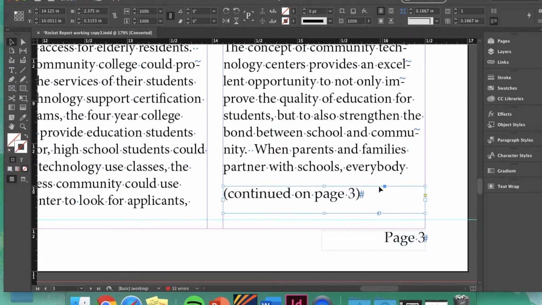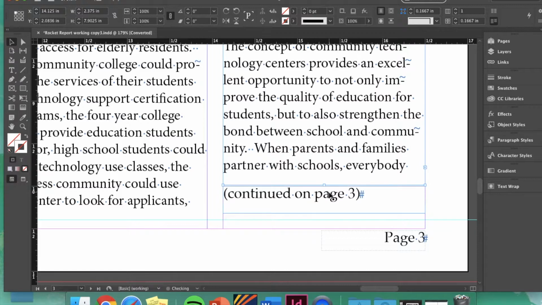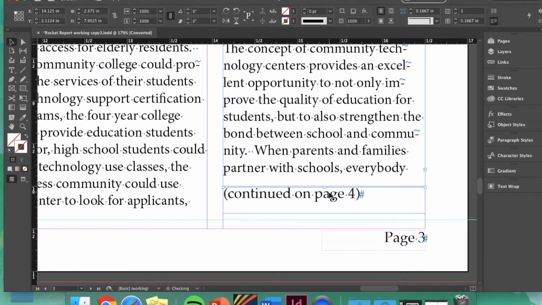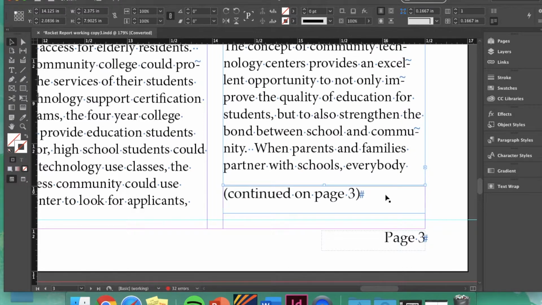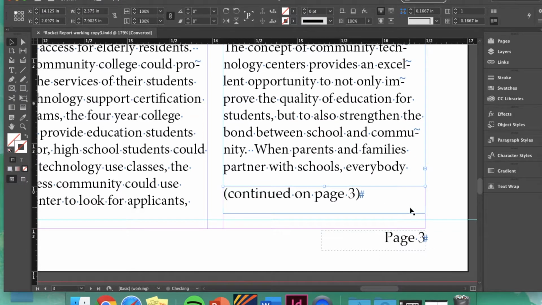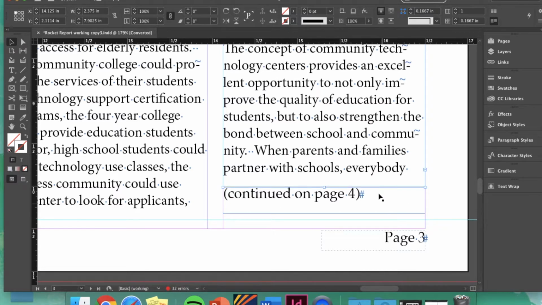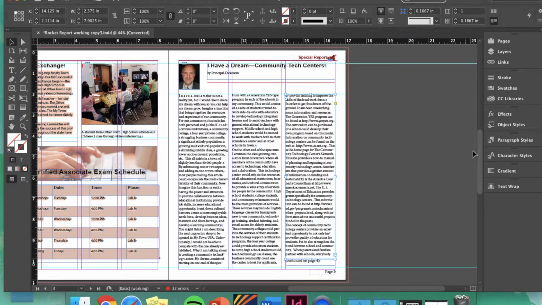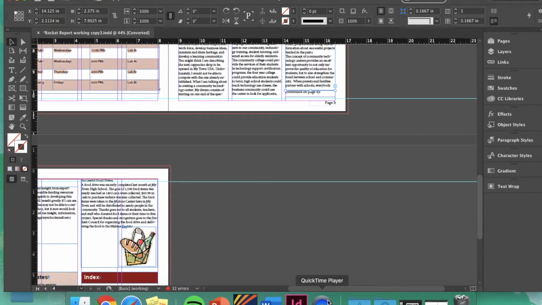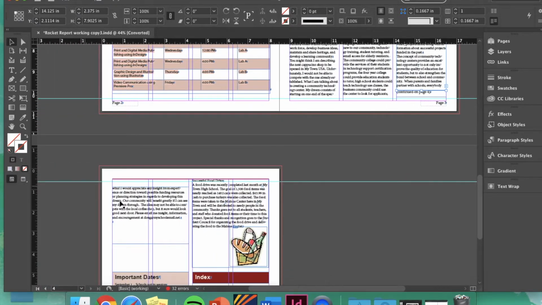So you can see, because it's not actually touching, they're not overlapped. So when they're not overlapped, they're not touching. You can see there's a small space. It's showing this page, but once they touch, it's showing the next page. So you have to make sure that they're touching. Okay, so I'm going to zoom out, and I'm going to go to the other page, and I want to say continued from on this page. So I'm going to zoom in,